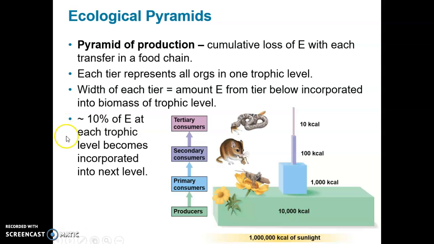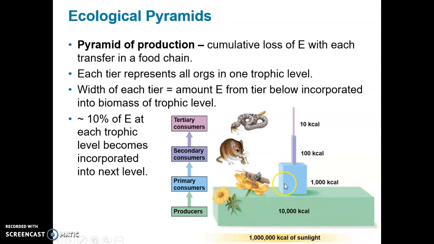So again, about 10% of energy at each trophic level gets incorporated into the next subsequent higher trophic level. And that's a ballpark number that most ecologists use, 10% transfer of energy in the form of biomass or biological materials, biological molecules. So this explains a few things, that to have a healthy ecosystem, there should be a relatively huge amount of producers producing a lot of biological material.